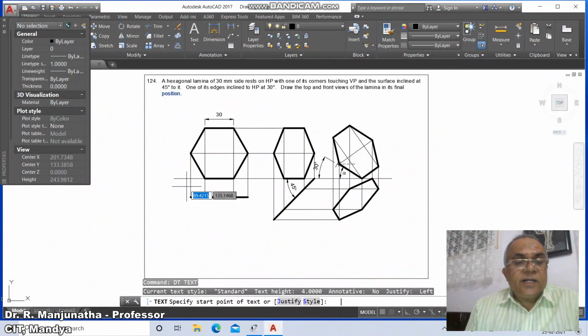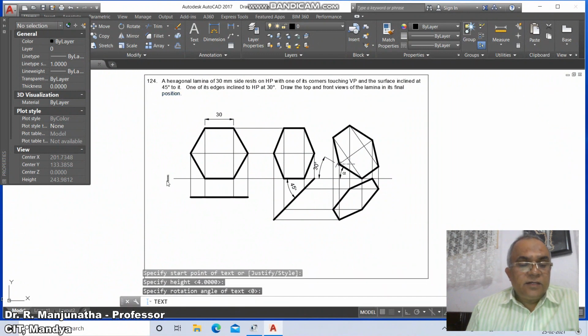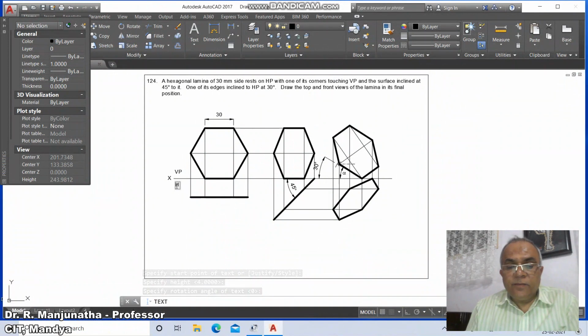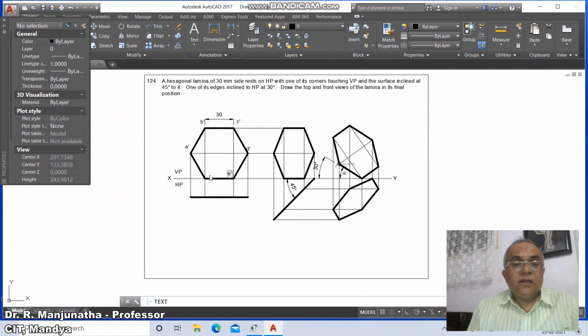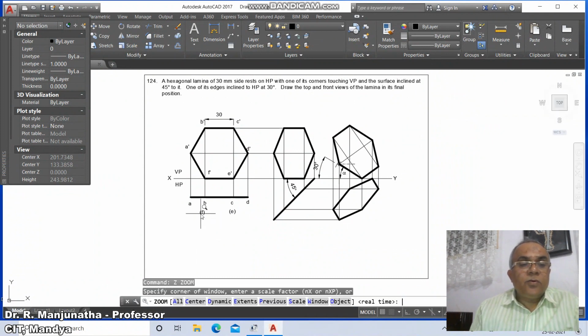Now we will go for D text, select this and keep the caps lock on, type XVP and then HP, and here it is Y. Then remove the caps lock, type A dash, B dash, C dash, D dash, then E dash, then F dash. So here you type A, you type B, type C, type D, and here type E, and here type F. Then go to zoom window,